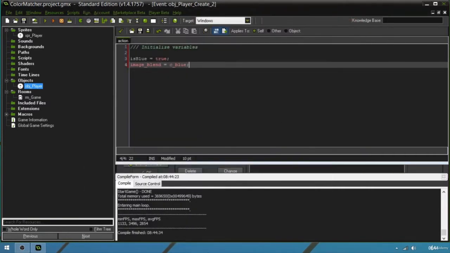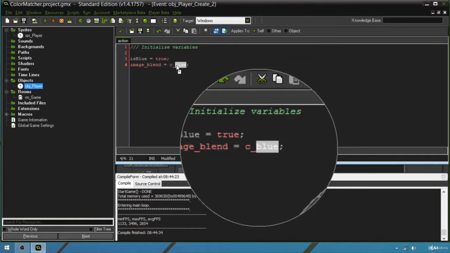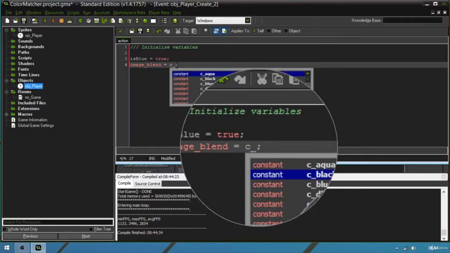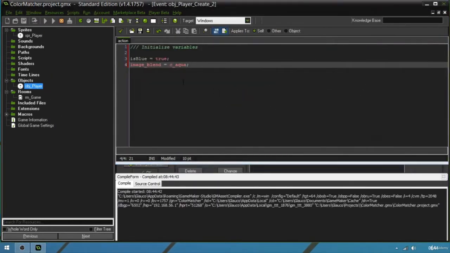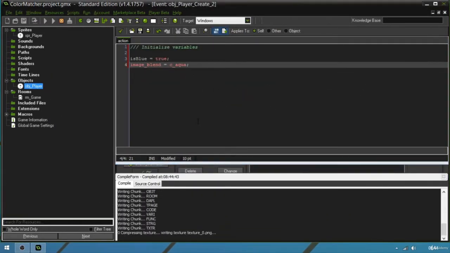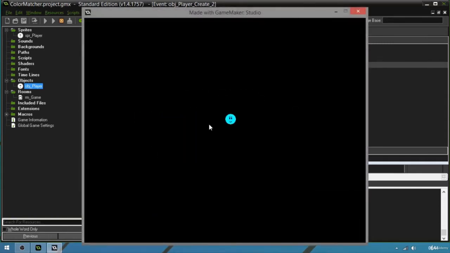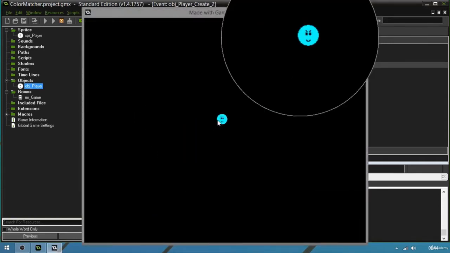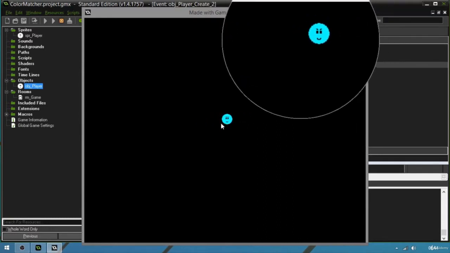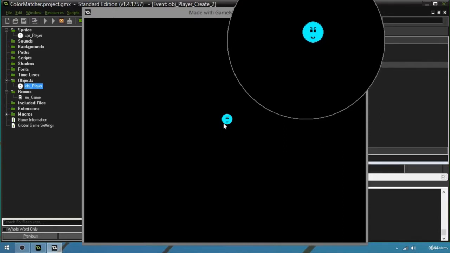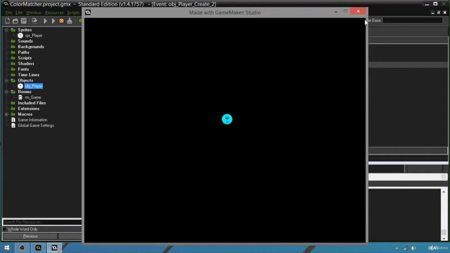If you want to use another tone, if you want to use another color, you can just change that C to whatever you want. So for example, let's try aqua. I think this is a lighter tone of blue, so it contrasts better with that dark background we have here. Okay, so it looks like this. Let's use this color. And as I told you before, since the player is white, whatever color you use is going to be the fill of the player. Okay, and since the other details of it are black,